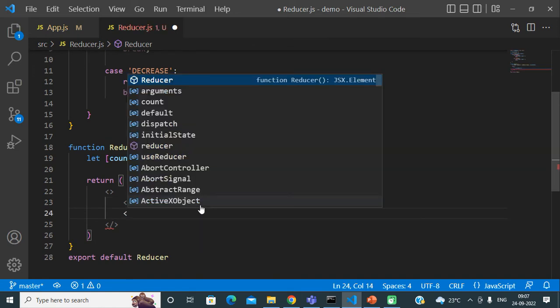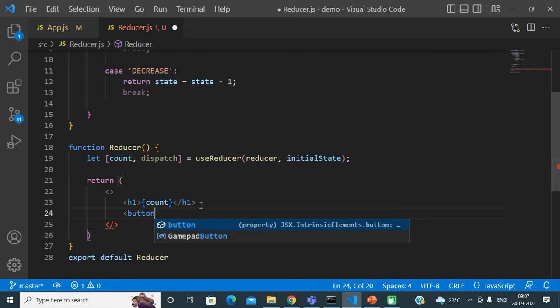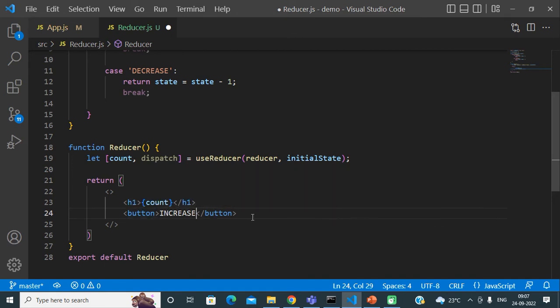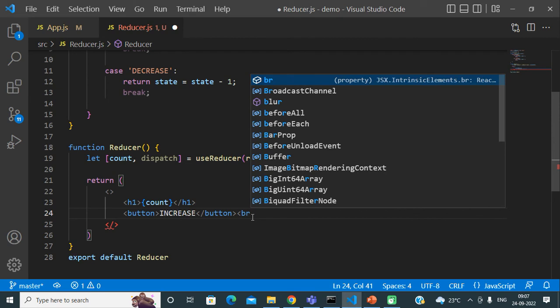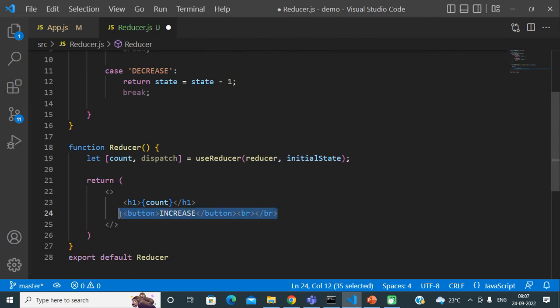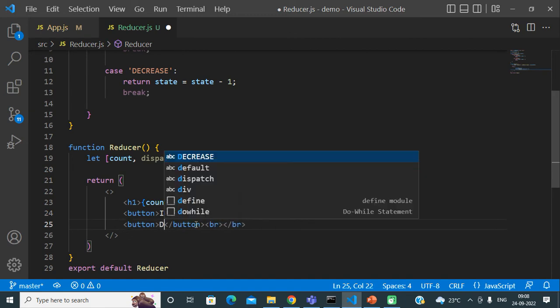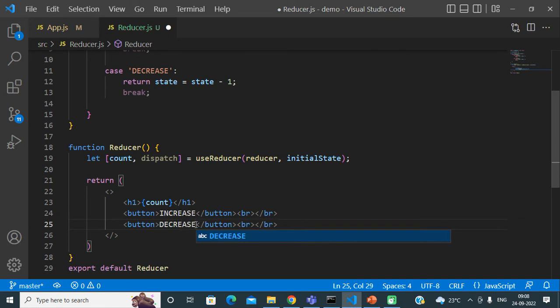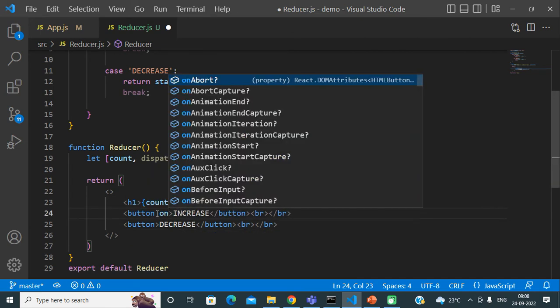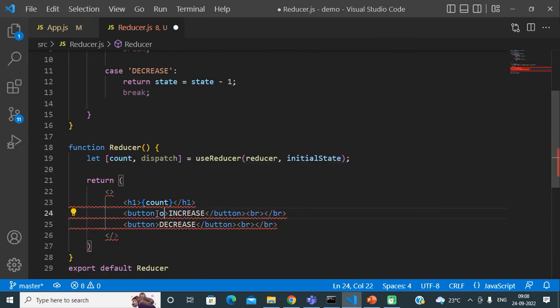For dispatching any action, obviously we need some event. Okay, because we need to create some event. Depending on that event, definitely we will dispatch something. Okay, so let's say we have one button here and the button name is increase. Okay, one button for one action, increase. Okay, and again let me add another button for our second action. So let's say it will be decrease. Okay, and just apply the onClick event handler. Normally we do it.